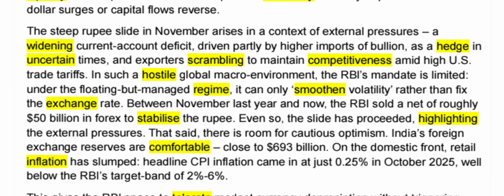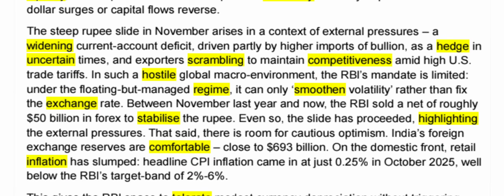The steep rupee slide in November arises in a context of external pressures: a widening current account deficit, driven partly by higher imports of bullion as a hedge in uncertain times, and exporters scrambling to maintain competitiveness amid high US trade tariffs. In such a hostile global macro environment, the RBI's mandate is limited;